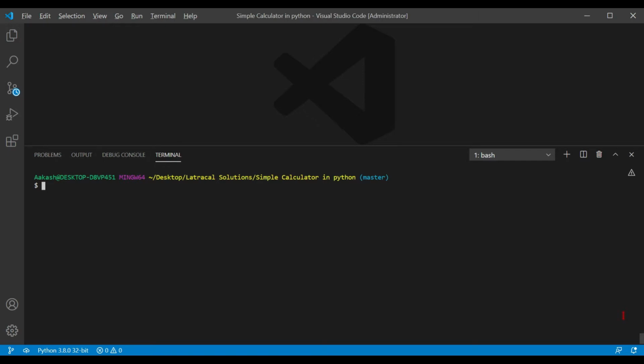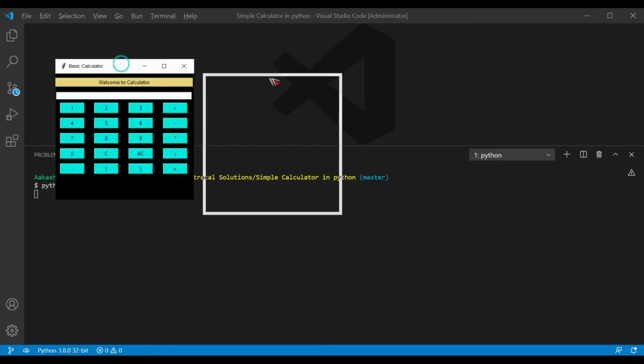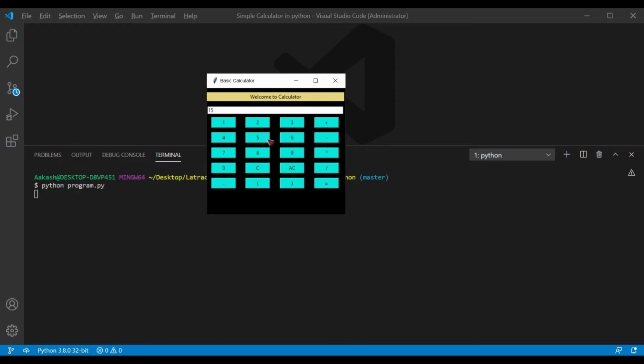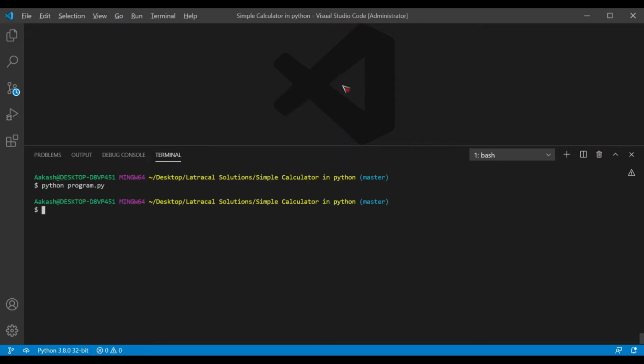In this video, we'll be seeing a simple calculator in Python. So let's see our demo program, how it will look like. It will be something like this, where we will calculate our expressions according to our needs, like this, and will give the accurate result. It is a basic calculator, and we'll be creating this one. It is not so hard to code. It is very basic and it is very easy to implement our idea. So let's see how it will be created.